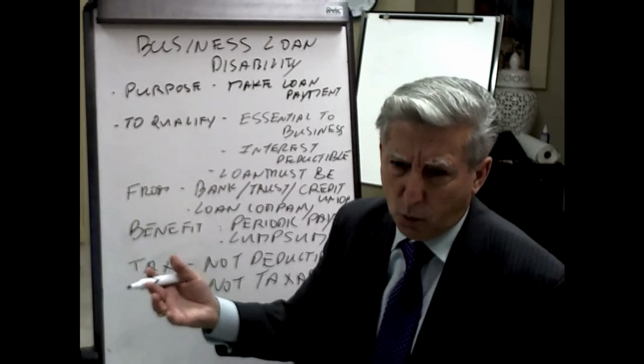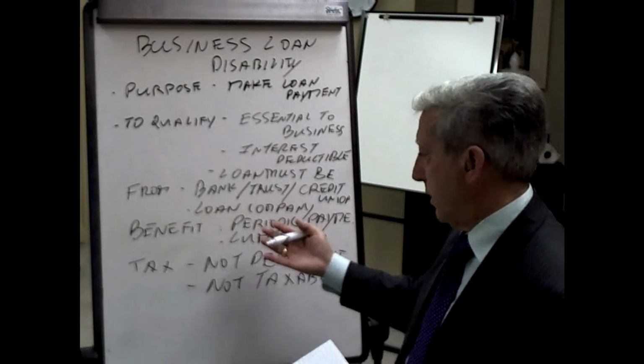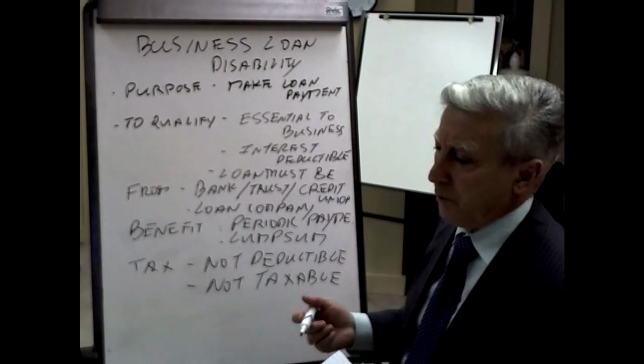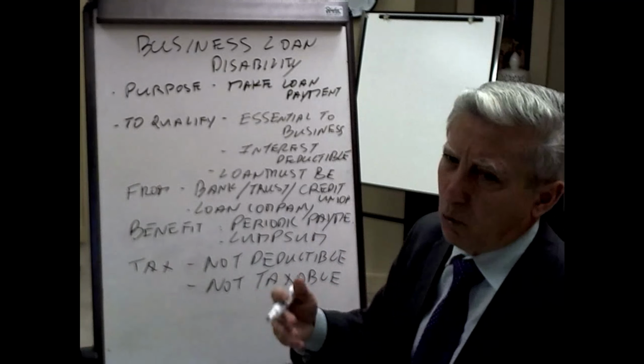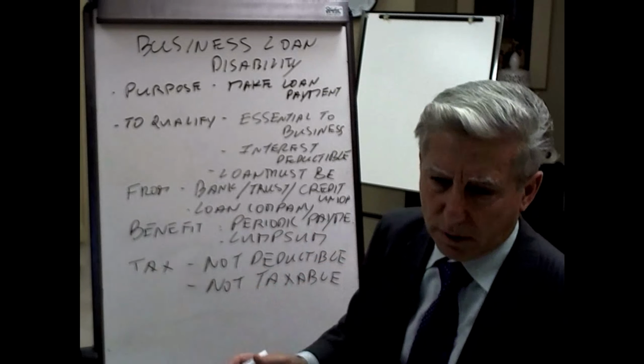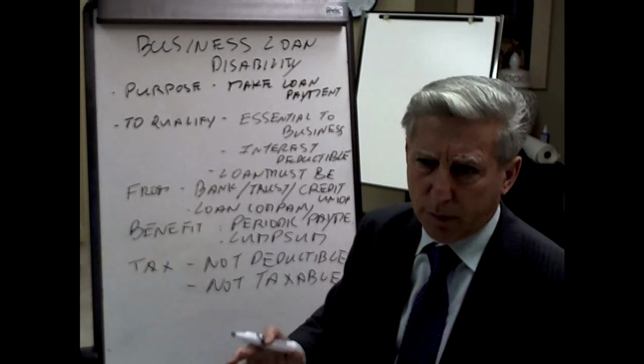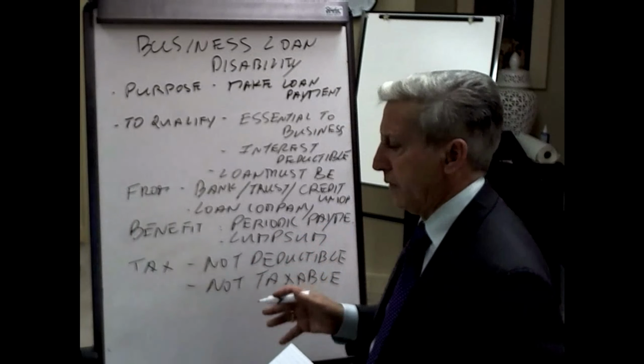So it all depends, again, on the wording of the contract. But it does make periodic payments, and it also could make a lump sum payment. Usually the lump sum payment is no more than about $250,000, and the periodic payments are no more than $10,000. But again, that's not etched in stone. You have to look at your contract, but you get the idea in terms of the benefits themselves.